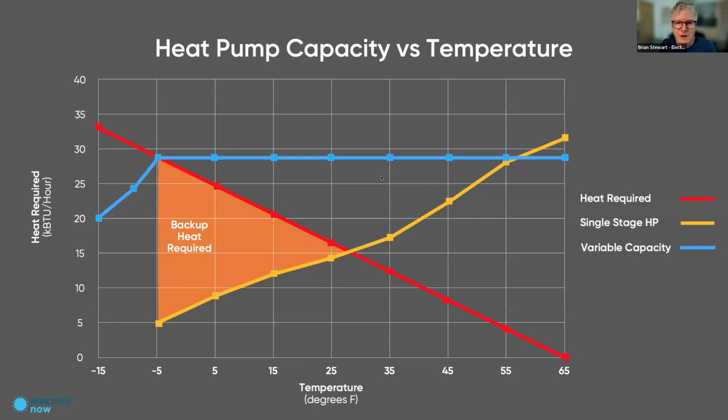But a really efficient cold climate heat pump will maintain its capacity down to really low temperatures like -5 or even below. And for many homes, that means that you're going to be providing enough heat with this system to not need any backup heat, except for in these very extreme cold temperatures, which in California, for example, you're never going to see. Most places in the United States, you're not going to see this. But I will point out that these units are being used in very cold places like Vermont and Maine, where the system can be tuned, if it's the right one, to provide all the heat you need, even when it